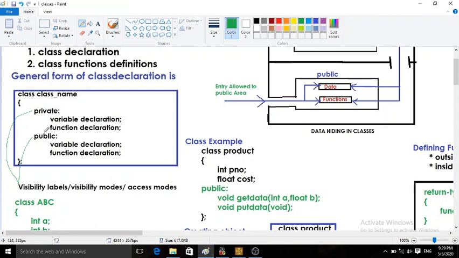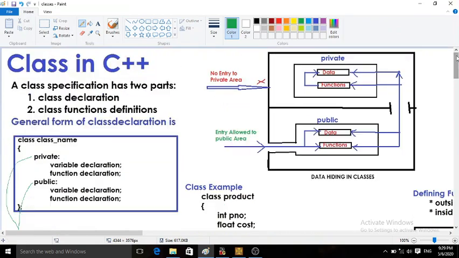If it is not specified, every member within the class is considered private, maybe data members or member functions, and as it is private, it will not be accessible from outside and there is no use of such a class. Now just look at the data hiding feature of a class diagrammatically first.